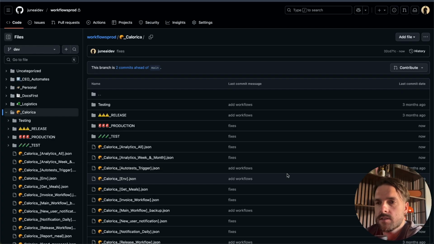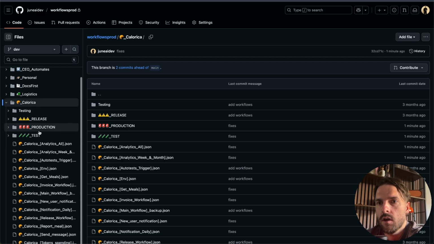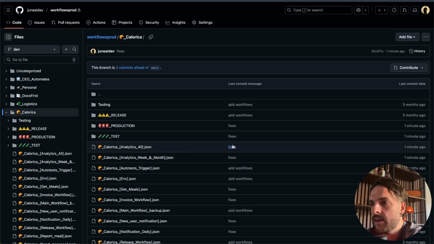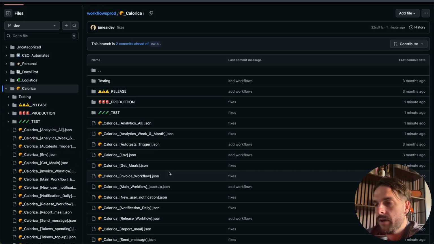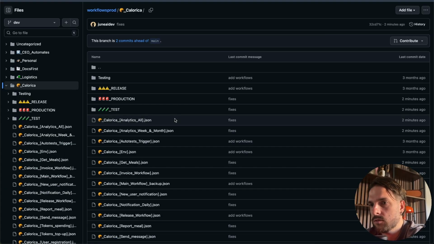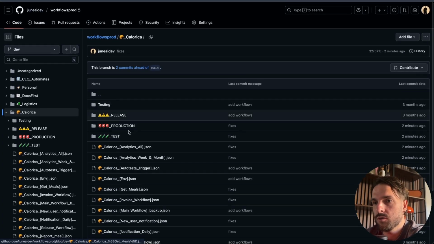Alright, so now let's start from the end result. I'm gonna show you what we have as the output. As you can see on my dev branch on GitHub, I have all my folders, folders inside of folders, and all the workflows that I have in the JSON format. If anything is changed in this workflow, I have a backup which automatically goes on GitHub, so I can reuse it in another n8n. So if anything happens with my database, I have all my workflows duly stored here.